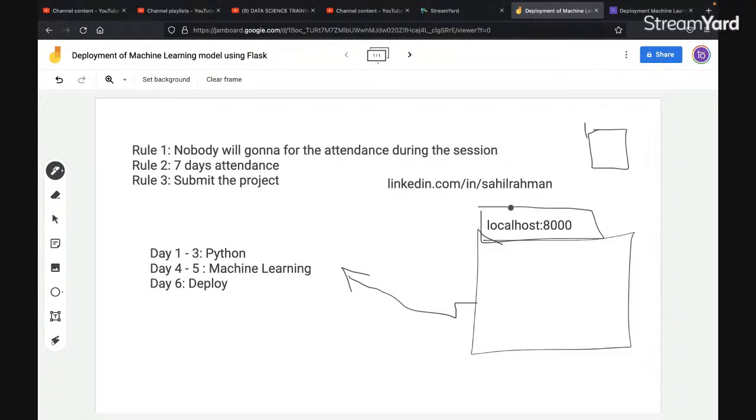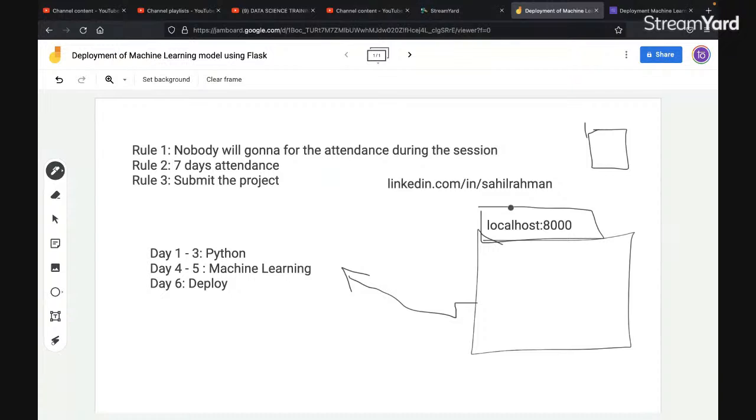Perfect. Now, whenever we talk about deployment, the first thing that strikes us is how exactly this will help us, and whether we have to pay something for deployment. If someone is accessing our website, but that website is on some server, do I have to pay something for that? In this entire session, we are going to deploy our model, and believe me, you don't have to pay a single penny for deployment. It will be absolutely free, and you can go ahead and deploy multiple applications as well. Is this clear?